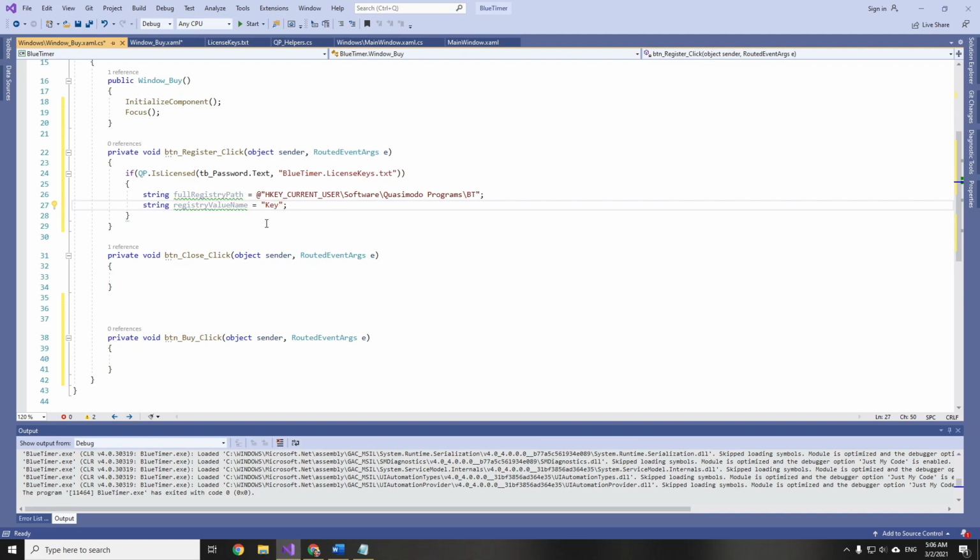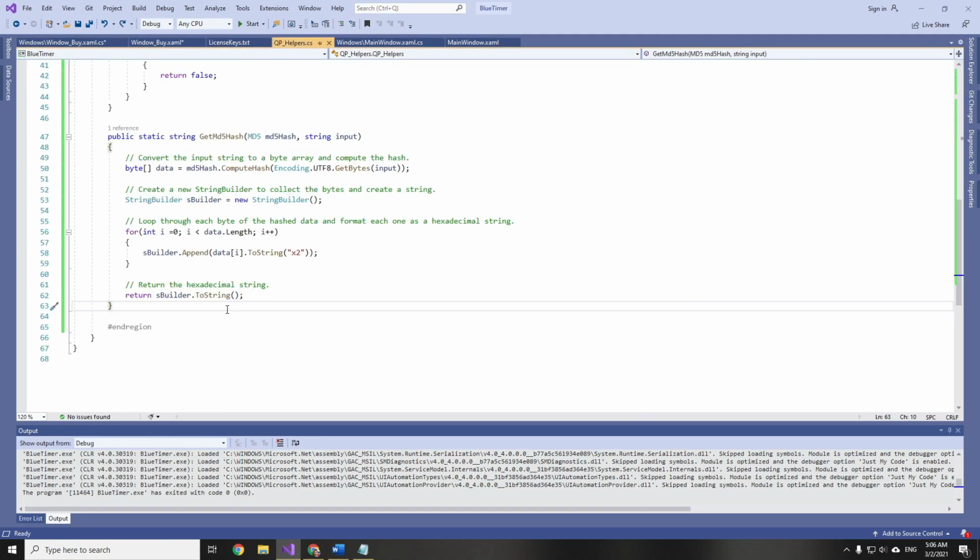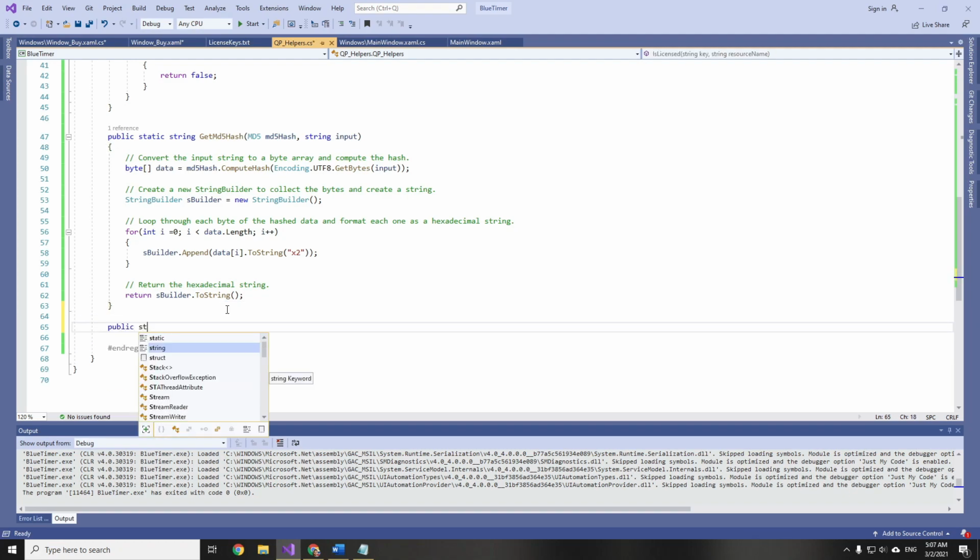Now we need another method for setting the register, so we will set the current key to the key that was input by the user. So let's create another method for this. So again public static, but this time void set register.